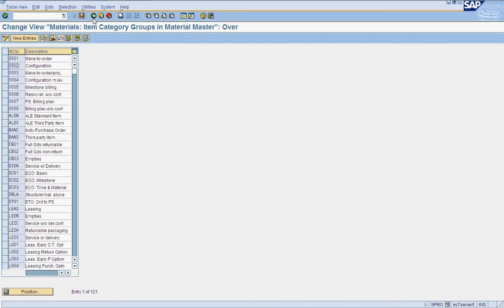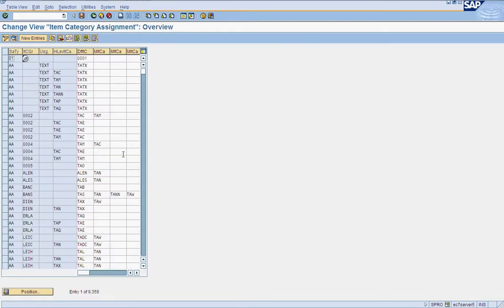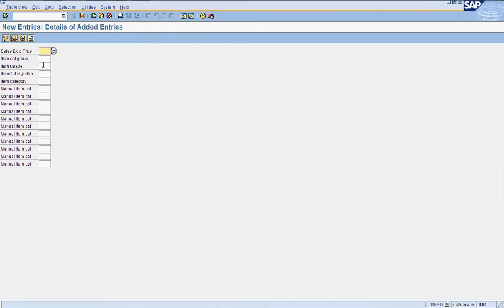So now we have to determine usage. You can define usage like packing material, text material, and usage is used in item category determination. So now we will see how those are determined. To determine item category, you have to use sales document type, item category group, and item usage. As I said, item category usage can be, let me show you,